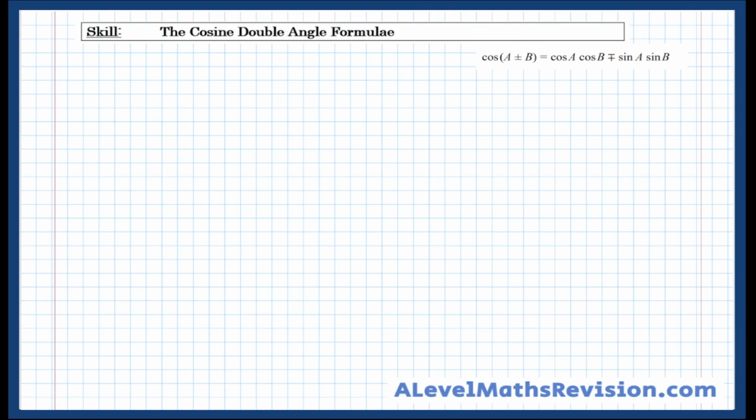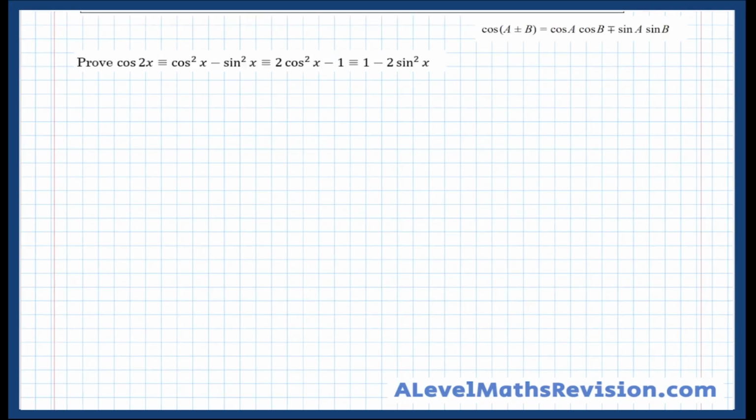So we've done the sine double angle formula. Now we're going to have a look at the cosine double formulae, of which there are 3. So we're first going to start off by proving the cosine double angle formulae, all 3 of them. First things, we're going to prove all 3 of them, and you do need to learn all 3 of